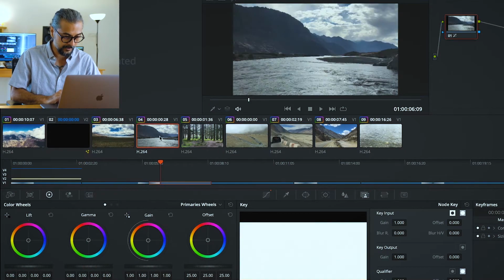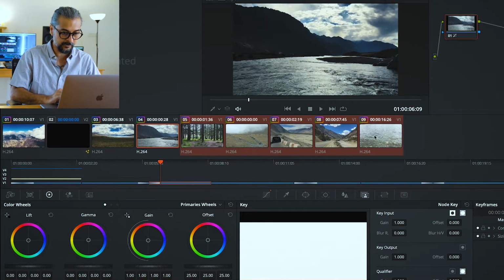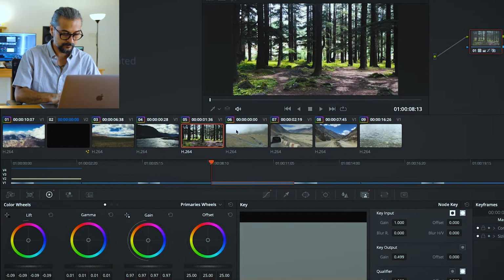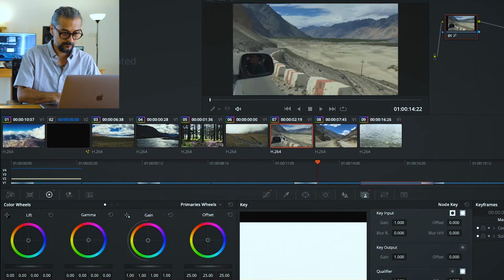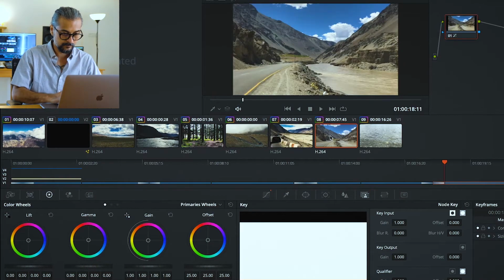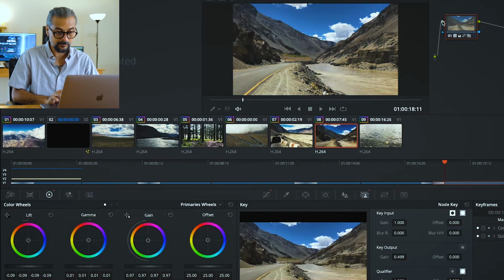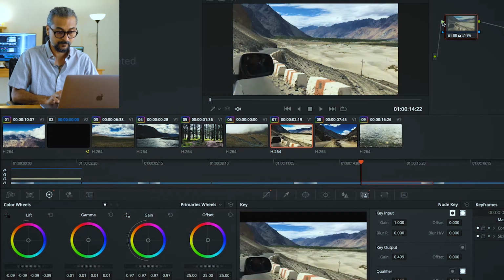So I'm going to go ahead and select all the other video clips and paste it in there. And right away, all our clips now look very different with our changes applied.